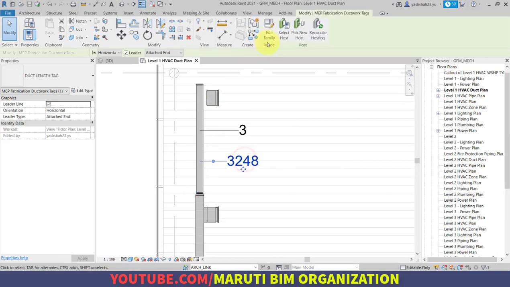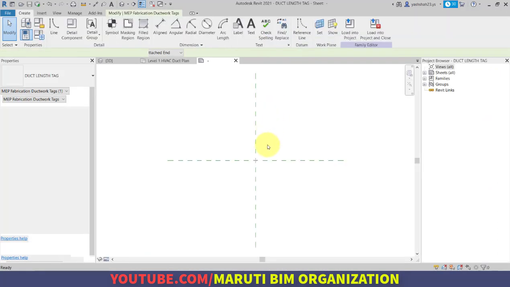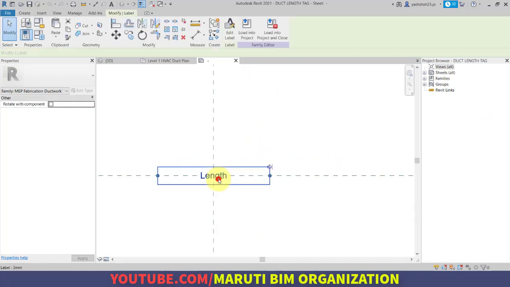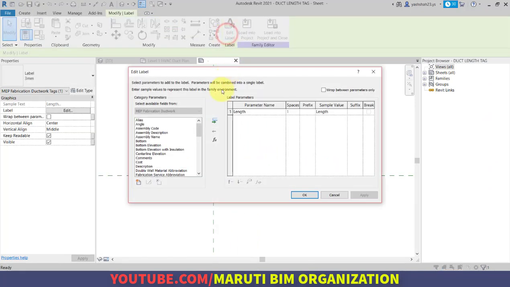So repeat the same procedure, edit family and select this label, go to the edit label and remove the length, and we will add middle elevation or bottom elevation of the duct.